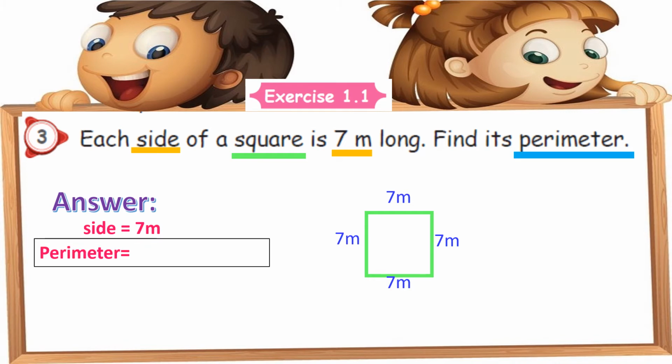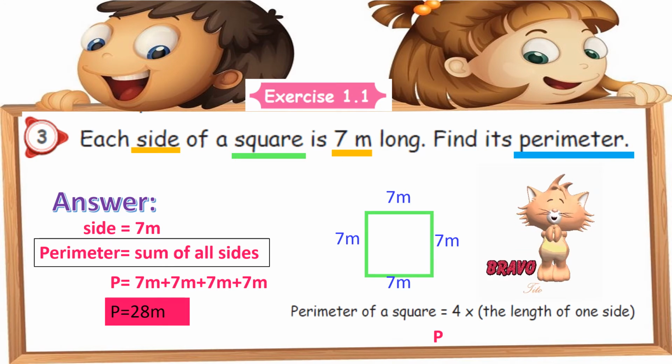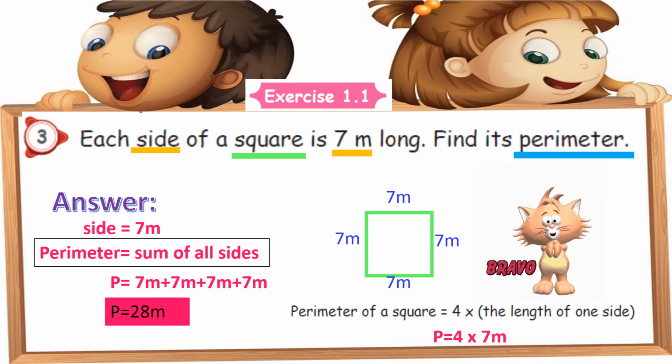As usual, perimeter equal to sum of all sides. So P equal to 7 plus 7 plus 7 plus 7. After adding all these 4 sevens, we get 28 meter. This is the answer. Let us check with our formula also. Perimeter of a square equal to 4 into length of one side, isn't it? So that's equal to